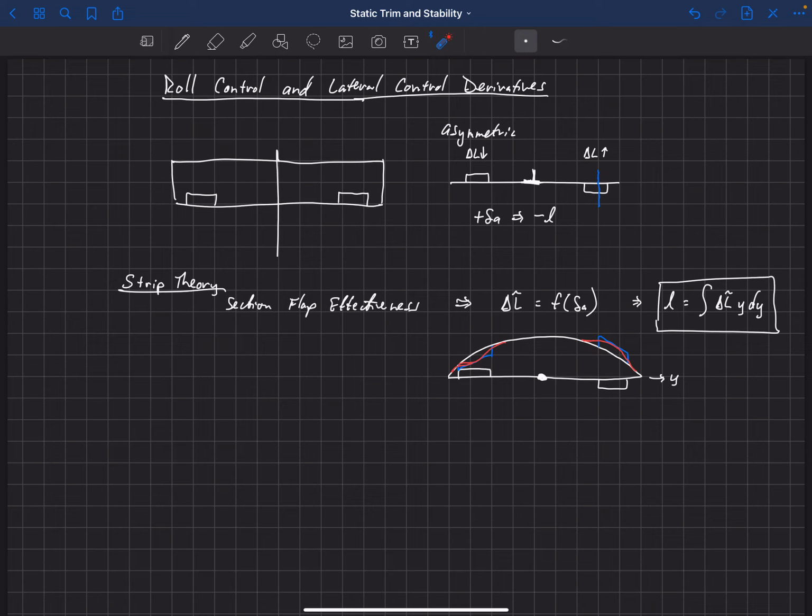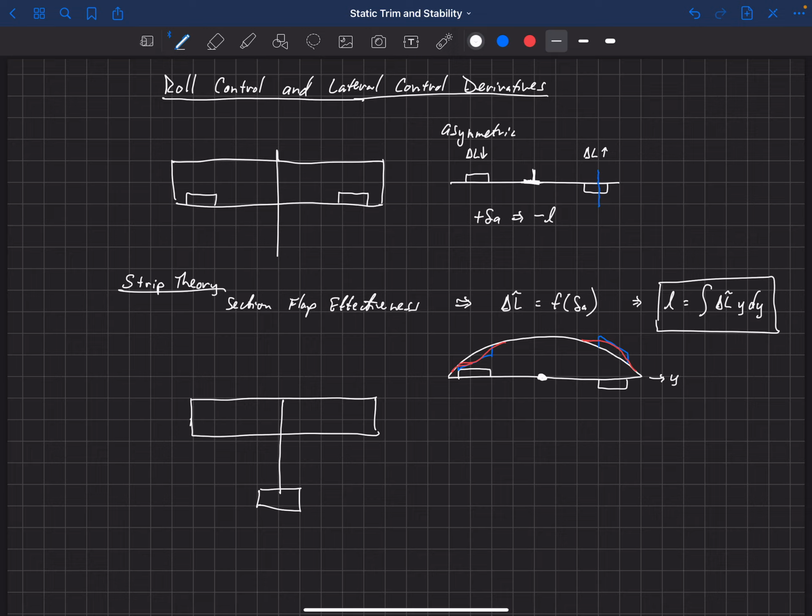Okay, so let's look at a top-down view of the wing. So here's my wing, here's a fuselage and my horizontal stabilizer. And okay, let's talk about why we would deflect this aileron. Of course, we use it to trim out the aircraft, and we'll actually study that in a following lecture in a bit more detail, how to trim using this. But usually what we're using those ailerons for is to roll the aircraft, right?